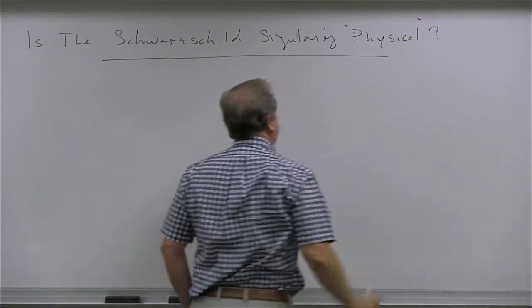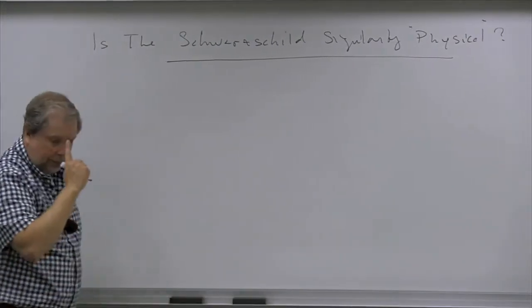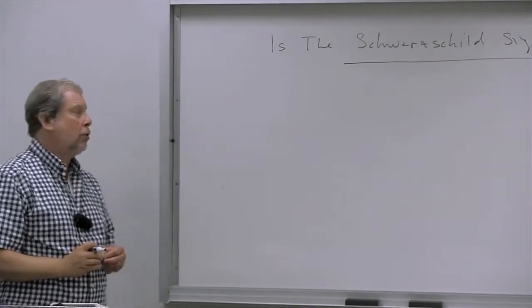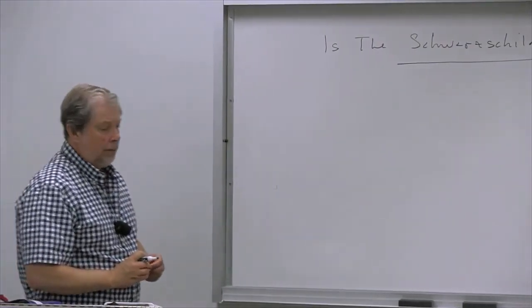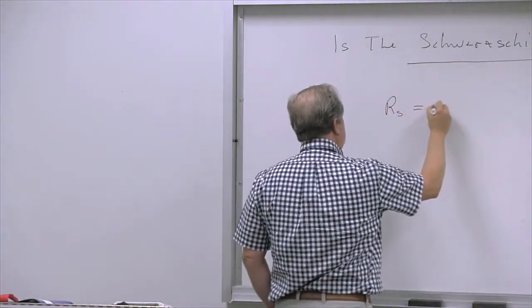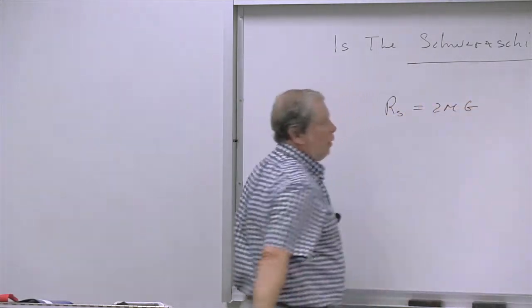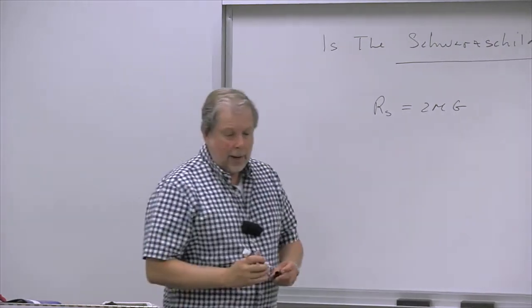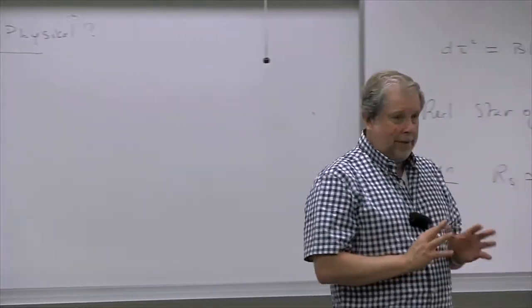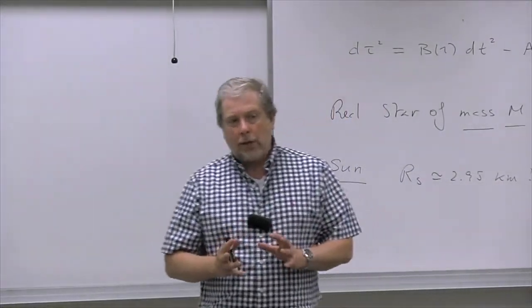So is the singularity physical? Because we do have that some components of the metric go to 0 or go to infinity at the Schwarzschild radius, Rs equal to 2MG. And it turns out that to some extent they're unphysical, because one of the things that we learn in